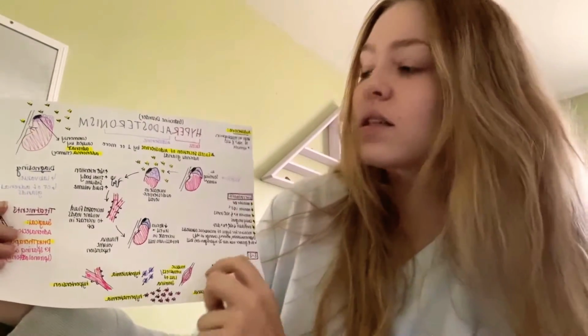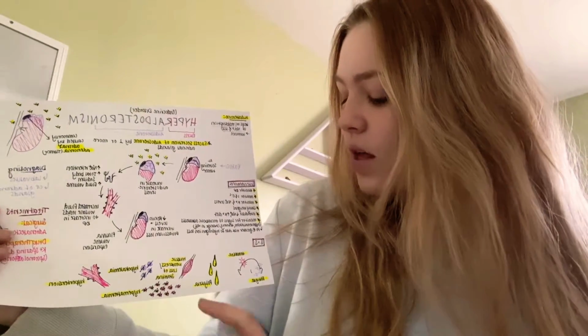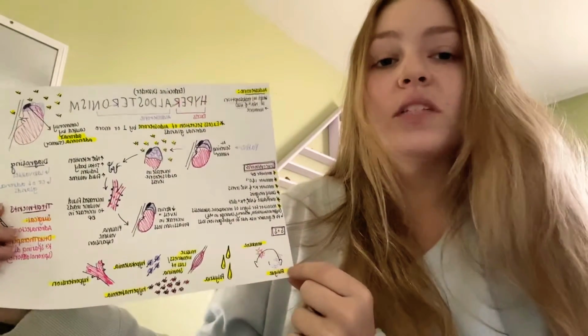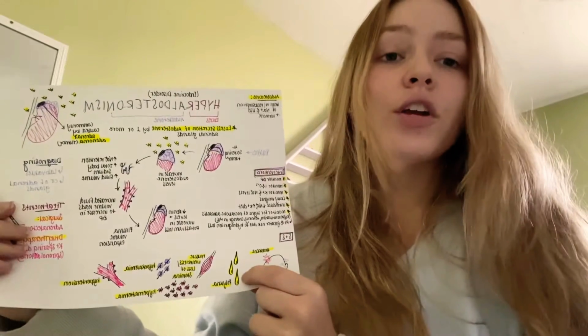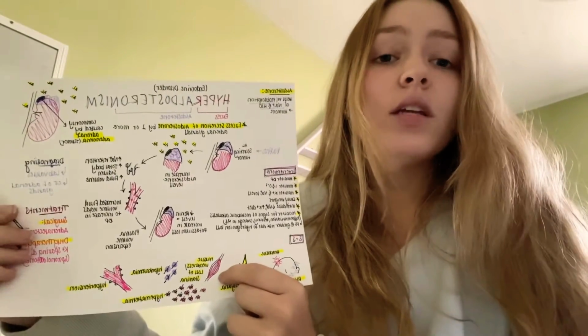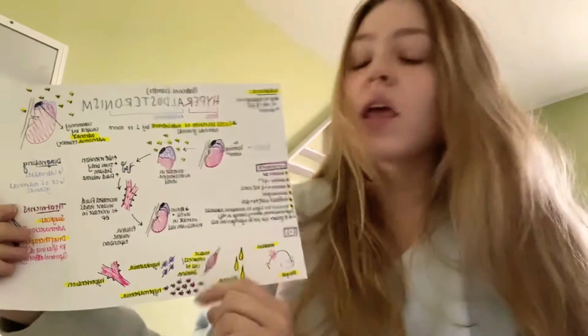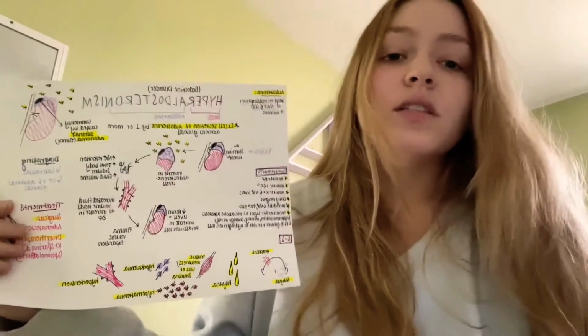So signs and symptoms of hyperaldosteronism include headache, fatigue. You may see polyuria or excessive urination. The patient may present with muscle weakness or loss of stamina. And the three main things that you're going to see are